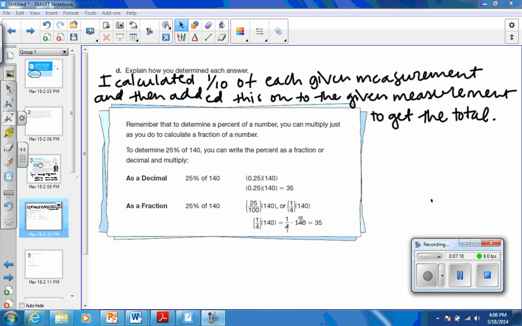Remember that to determine a percent of a number, you can just multiply just as you would to calculate a fraction of a number. So to determine 25% of 140, you can write the percent as a fraction or decimal and multiply. So in this case, instead of using 1/10, I just used the decimal form, which is 0.1. But you can do either or. You could have taken 200 and multiplied by 1/10 as a fraction to get the same number. It would give you the same exact answer. I just think it's easier to put the decimal into a calculator rather than a fraction. So moving on,